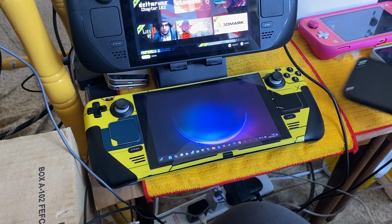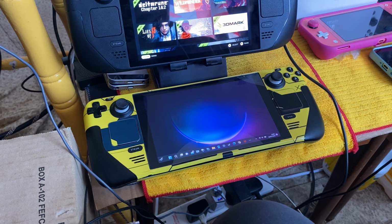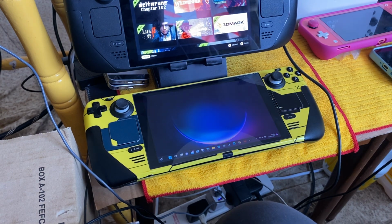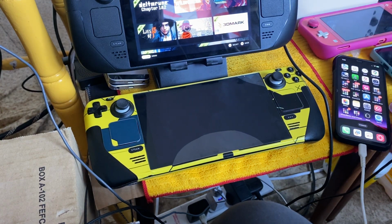Man, I keep forgetting stuff. So what I'm saying is, if you've got a Steam Deck that's not turning on for whatever reason, and you're thinking of returning it to Steam, I would say hang on just a bit. Just try changing the SSD that's in your Steam Deck, and if you can, try and create, I don't know what it's called, a bootable drive. You need to create a bootable drive on your